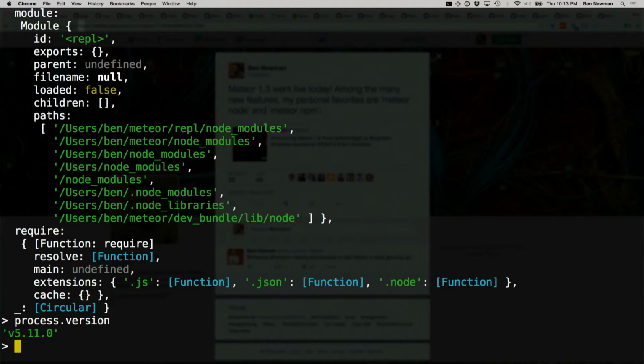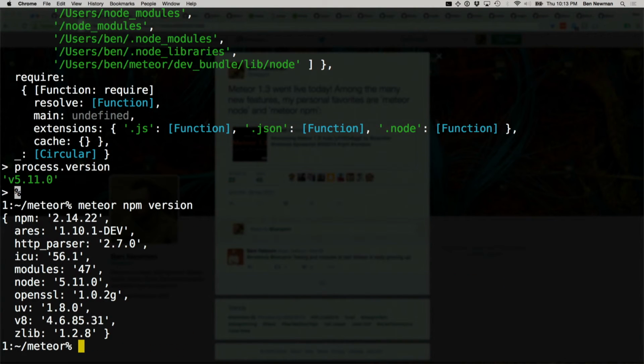But the benefit of it is that you know that whenever you type Meteor Node, you're always using the version of Node that is coming with Meteor instead of a version of Node that might be installed elsewhere on your system. And to go along with that, we have Meteor NPM. Meteor NPM version will spit out a little JSON blob of all the versions of all the things that matter about your development environment. So you can see here that it's using the